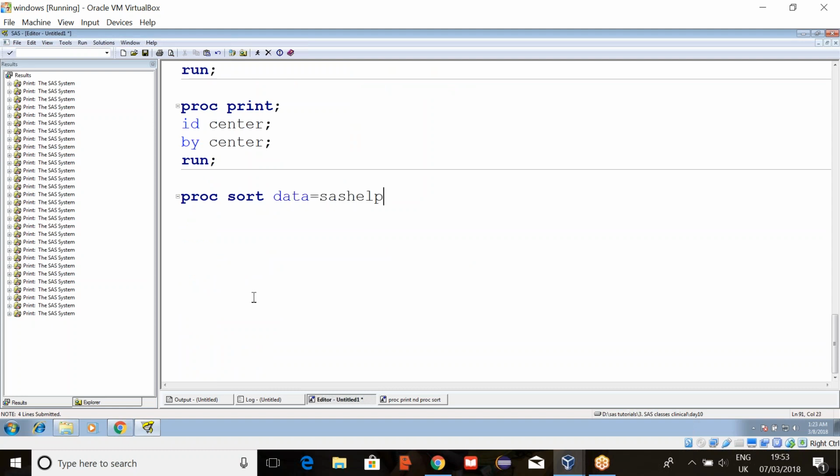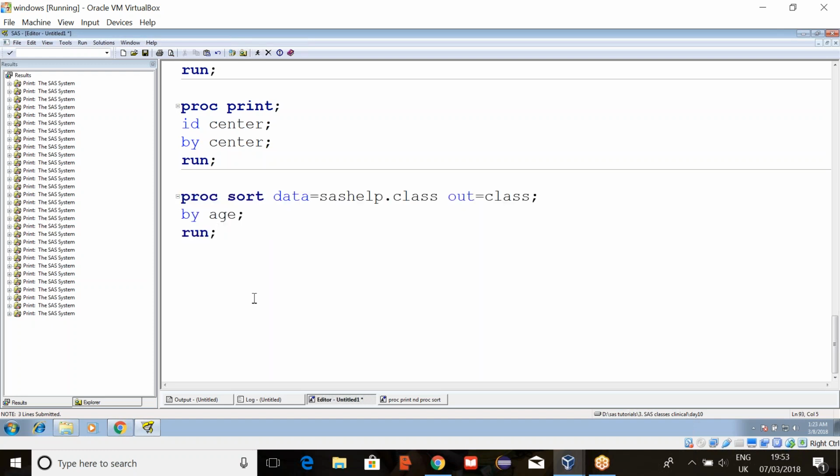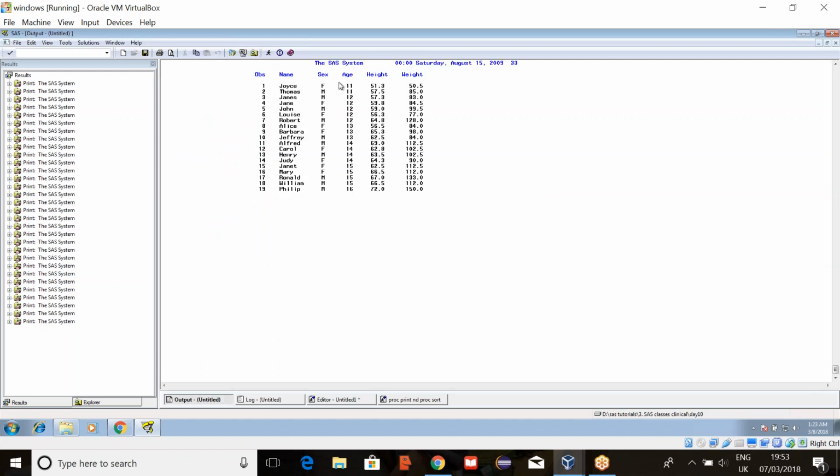PROC SORT data equals sashelp.class, out equals class, by age, and then run. Now here see it's sorted by the age variable, right? Now age is having how many different values? 11, 12, 13, 14, 15 and 16. 6 values, right?